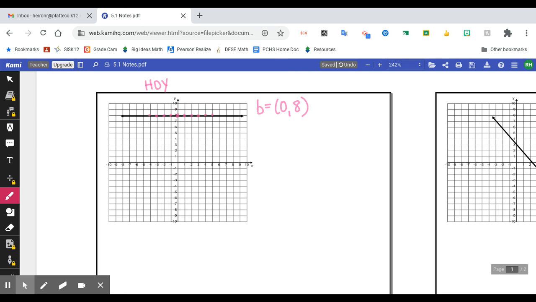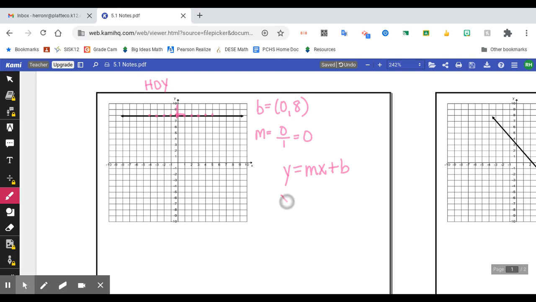So to prove it to you, if you wanted to go rise over run, I'm not going up and down at all to get over here. I'm just going to the right. So if I'm going up none, that would be 0 over 1. Well, 0 divided by 1 is 0. If my slope is 0 and I plug it into this guy,